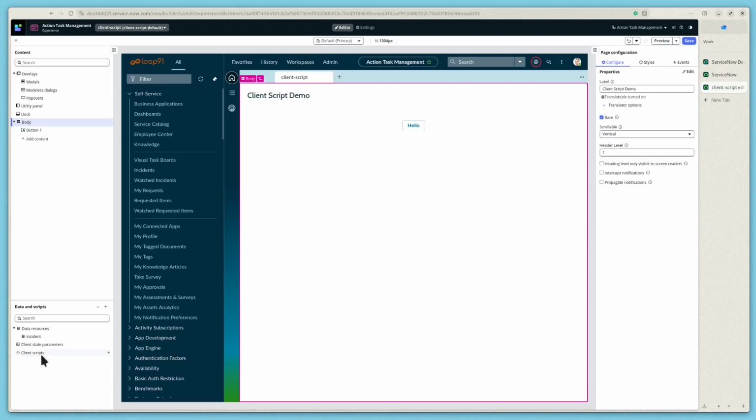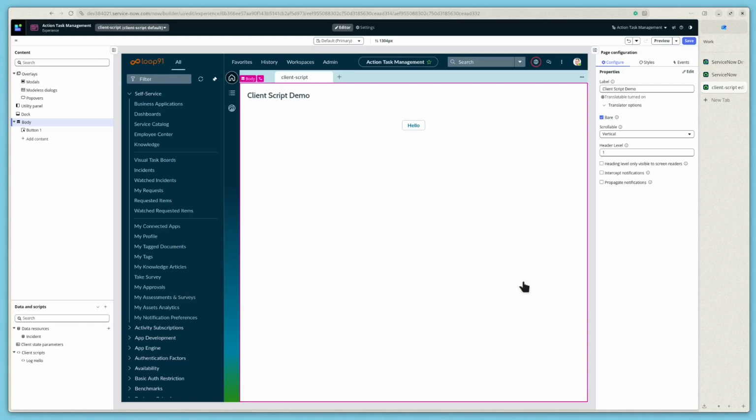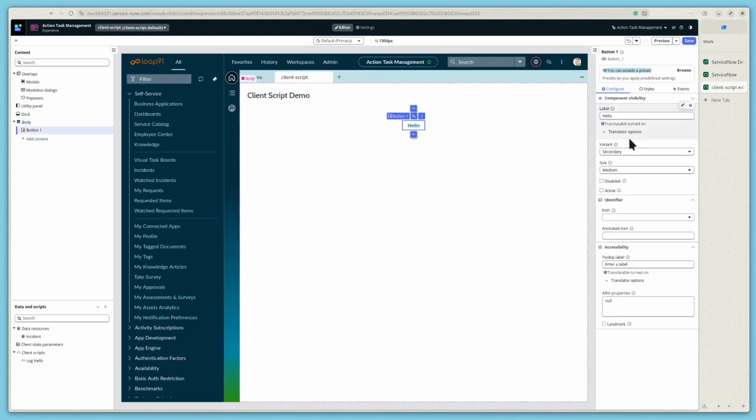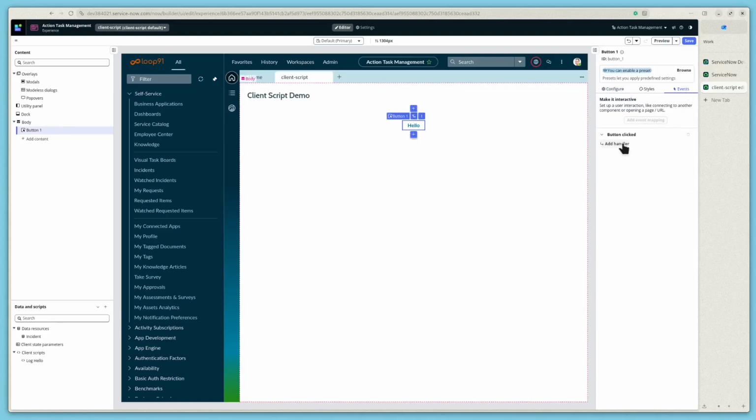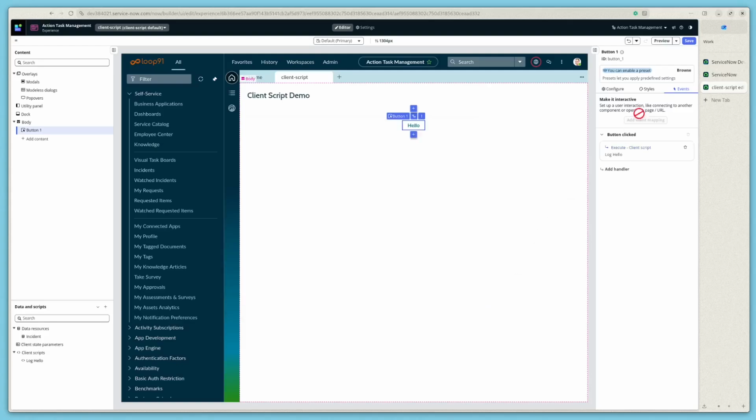So we will go to client script section, click add new, call it log hello, and we will log a message to the console, browser console. Apply. This you can see now is a client script, and we will connect this to the event handler of this button. Events, add handler, click client script, log hello, continue, add, save,